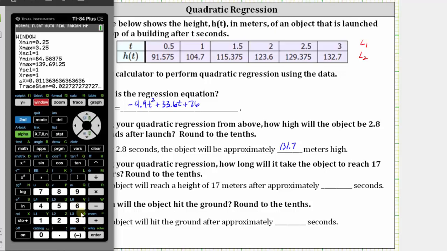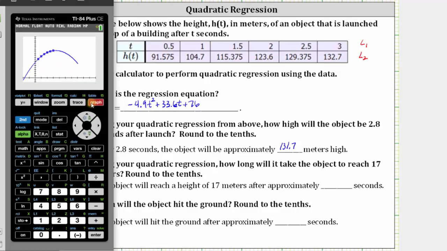Let's change the x min to, let's say, negative 2, Enter. The x max to 10, Enter. Let's leave the x scale at 1, Enter. Let's change the y min to negative 20, Enter. The y max to 200, Enter. And let's change the y scale to 10. If this window does not look good, we can always come back and adjust it. Let's press Graph. And we have a pretty good window for the given data where y equals 17 does show